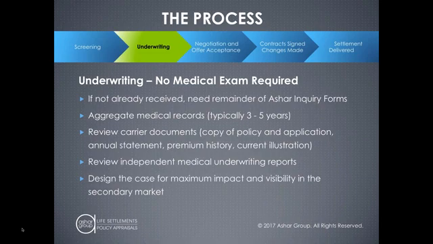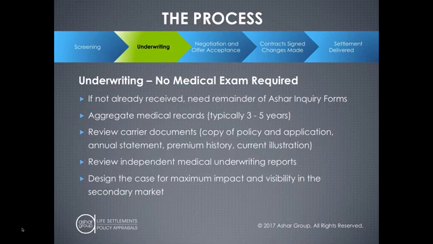Next, if it does pass that screening, we're going to go through our underwriting. And as I talked about earlier, no medical exams required. At that point, we have a forms packet, all the proper authorizations that we need to be completed to demonstrate that we have the authority to review this information. It's just a HIPAA. It doesn't bind the client to selling the policy, nothing like that. It just provides the authorization.